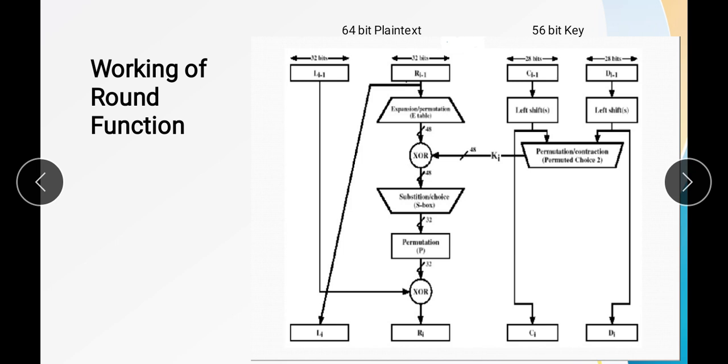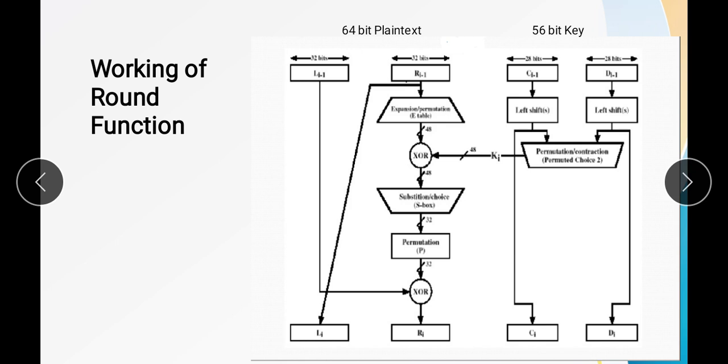Now what we have to do is apply the right half to the permutation function. Here actually we are expanding the data, so it is also called expansion permutation. After expansion we'll get 48-bit data, which means the input for the expansion permutation was 32 bits and the output will be 48 bits.